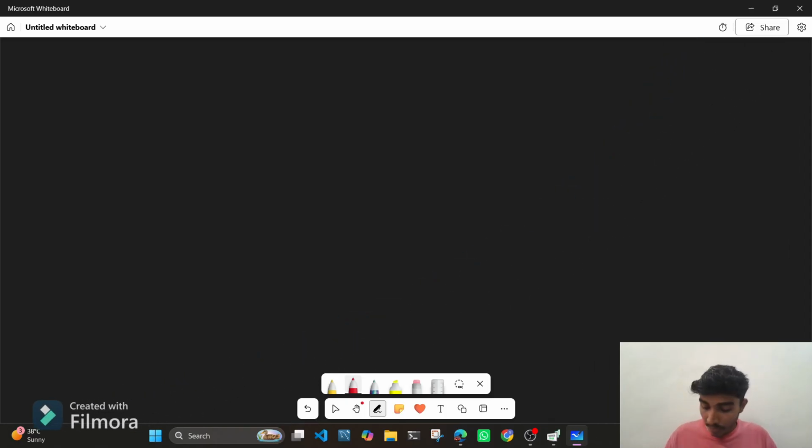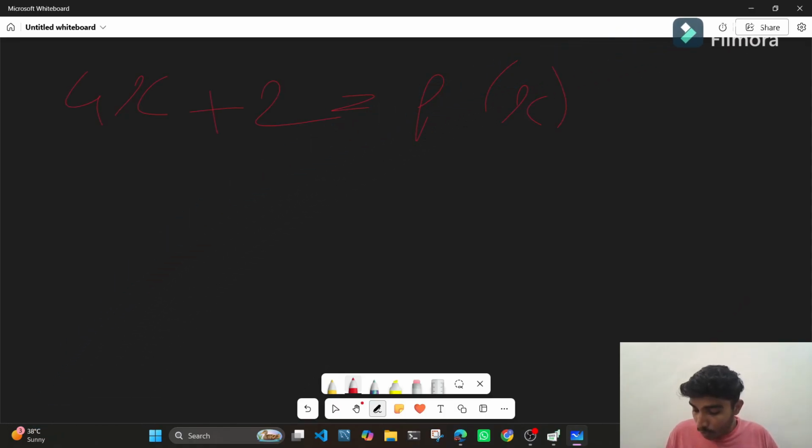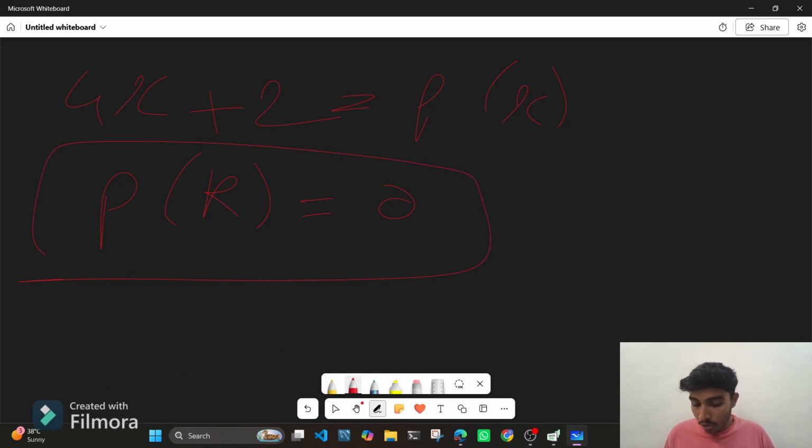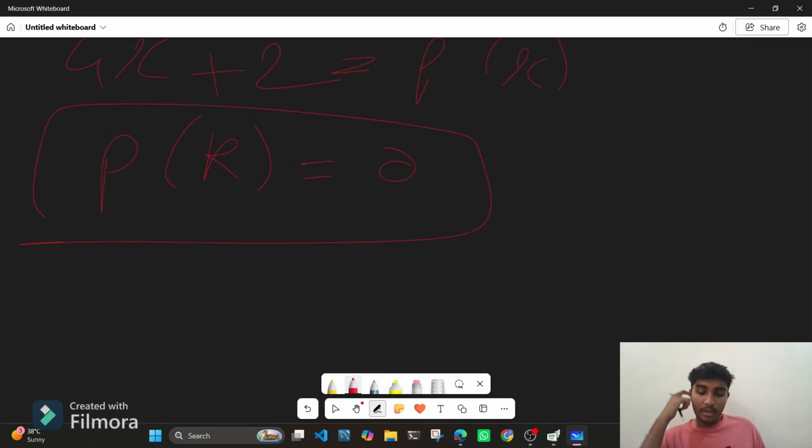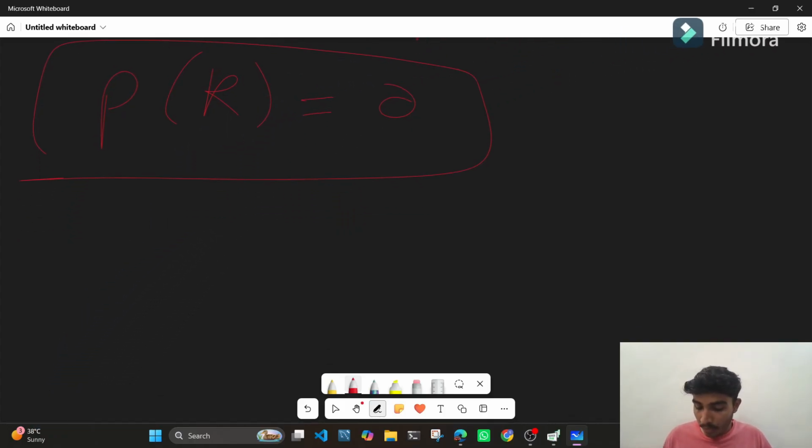So zero of a polynomial is a value by which we get the expression equal to 0. So basically if I have 4x plus 2 is equal to p of x, then if I put a value in x, say that value is k, after putting k I should get p of k equal to 0. So basically such a value which I substitute in x, I should get p of x equal to 0. So let's say